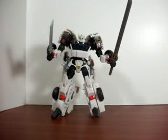If you have any interest in the figure simply by looking at the design from photos or videos, if you have any interest at all, do yourself a favor, invest $5, $10, $15, however many dollars it costs, or whatever currency you use, to buy this toy. I'm sure you're going to enjoy it on some level. And to be honest, to me it was a surprise. I didn't expect to like this toy as much as I do, and I can't wait for the Generations Blur